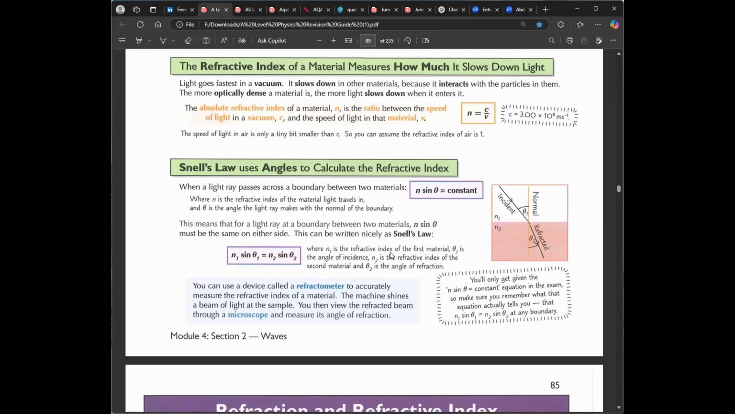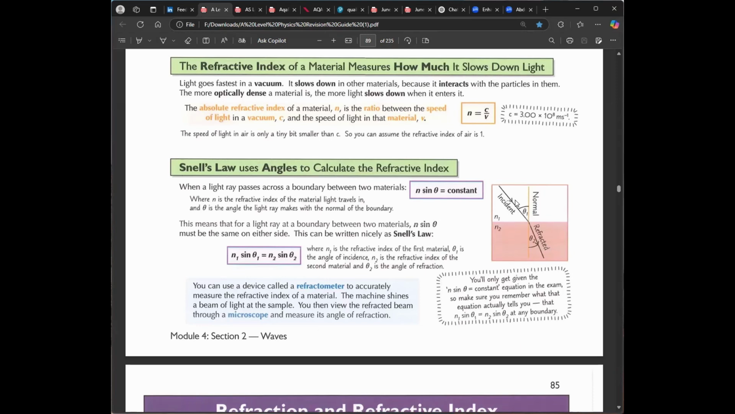Snell's law. So Snell's law is something that quantifies refraction. So it is related to refraction. Snell's law just says that if light goes from one medium to the other, the product of its refractive index times sine theta, where theta is the angle that it makes with the normal in that medium, would always remain constant. That's why n1 sine theta 1 equals n2 sine theta 2 means that this angle